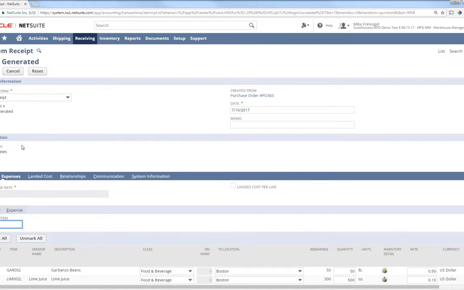On the item receipt, I can see the vendor's information. I can see the purchase order that it was created from. I can see the dates. I can see the items that are listed out that I need to receive and the locations that I am receiving it into. Now on the receipt, I can check off the items that I need to receive. I can edit the quantities to record the correct amount that I actually received,